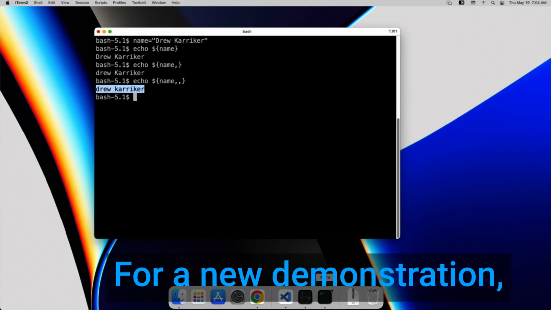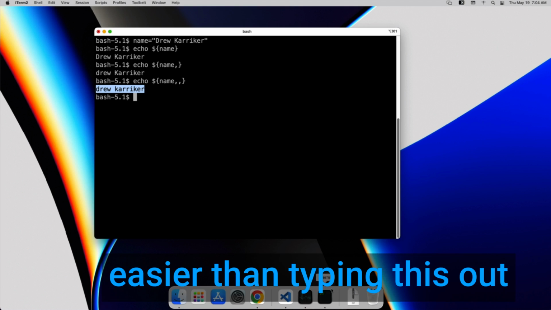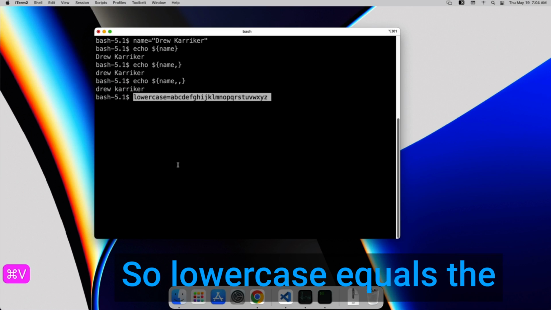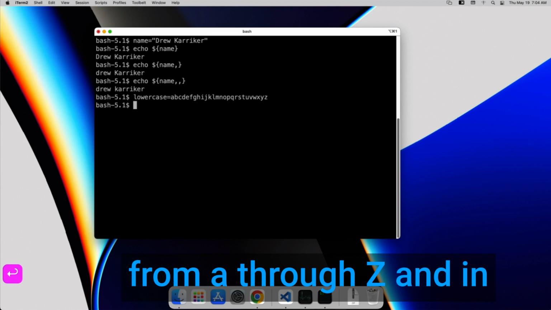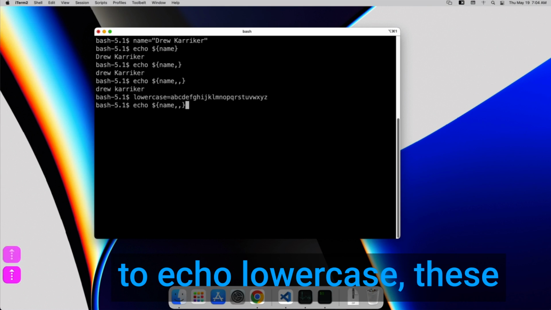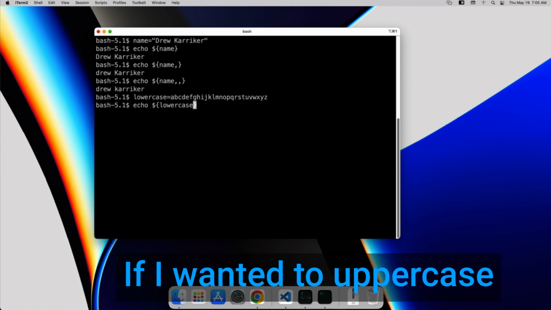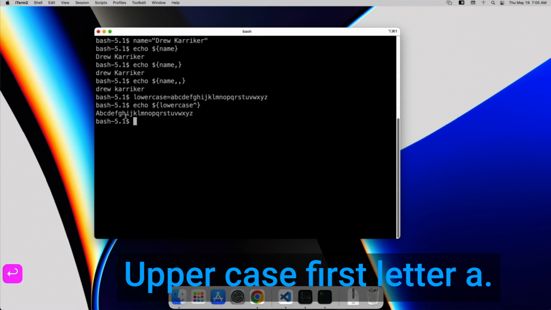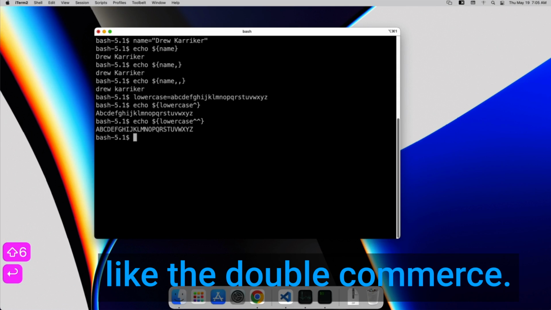All right, for a new demonstration, let's do this. I'm copy pasting this because it's much easier than typing this out and saving you the misery. So lowercase equals the alphabet in all lowercase from A through Z. And in this variable, if I wanted to echo lowercase, these would do nothing because it's already lowercase. If I wanted to uppercase it, I could do this. Uppercase first letter, A. Now if I want to do the whole thing, it's two carats, just like the double